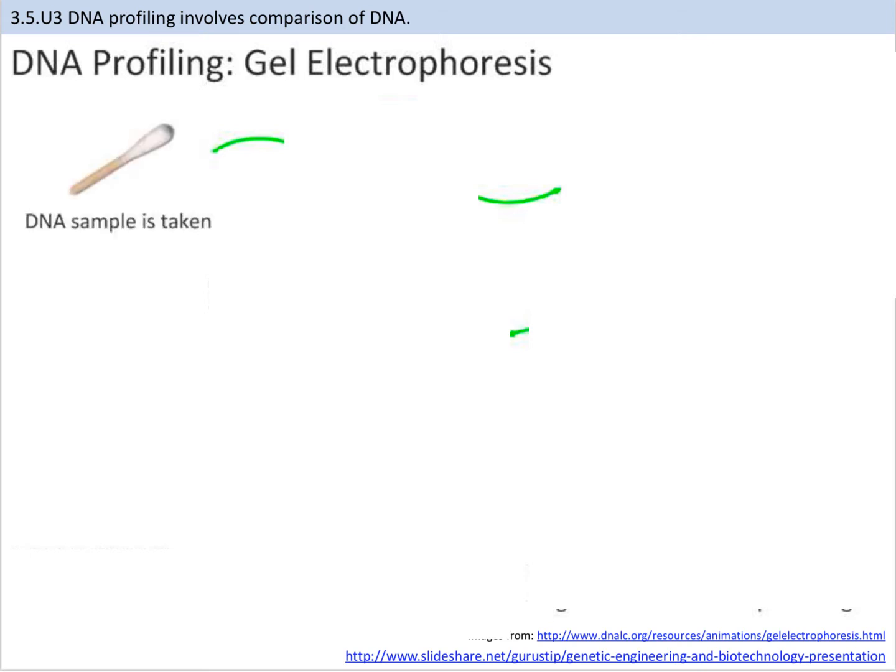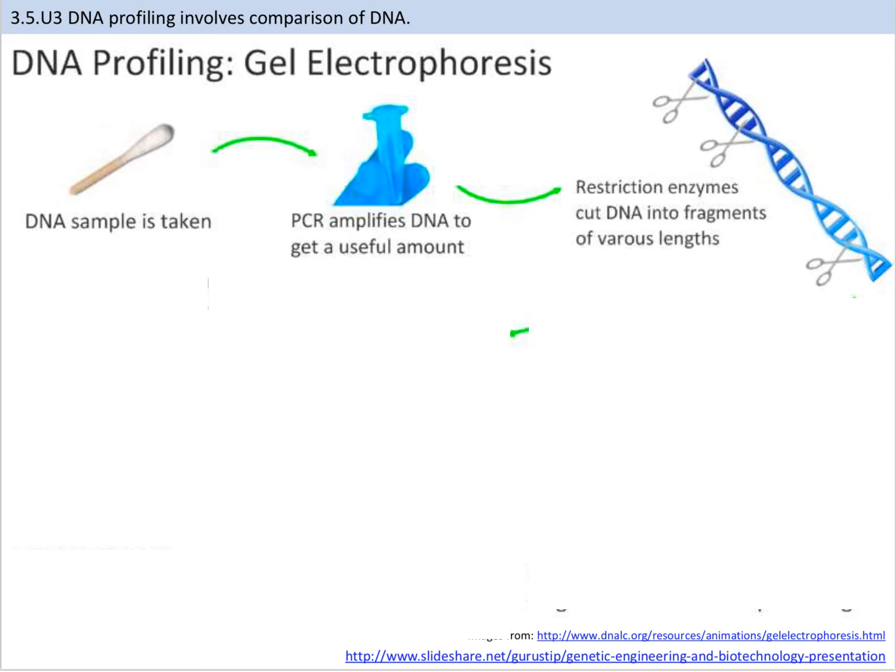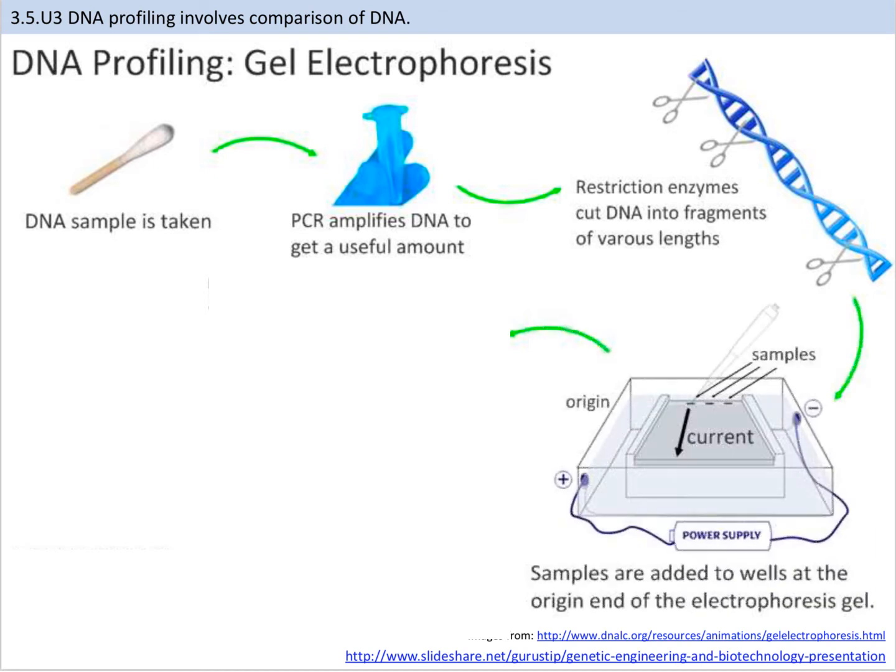So again, we have to take our DNA sample, then we're going to have to amplify it using PCR to make millions of copies of the same section of DNA. And then we mix all those copies that we've created with these restriction enzymes, which will cut it in very specific locations in the DNA. And because sequences are all different from each other, the number of short sections versus the number of long sections, and the size of those short and long sections, would be different from one person to another. And so this creates a very specific cutting pattern or banding pattern because of cutting the DNA in very specific places. So then what we do is we add the samples to a gel